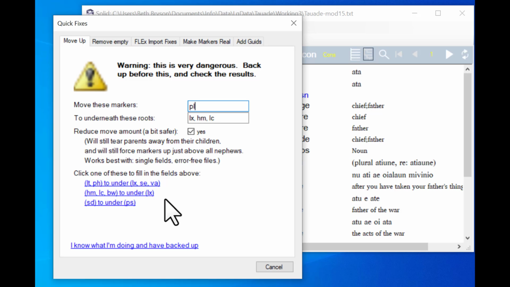Now, in order to run this, what they've given you is this link, and the link says, "I know what I'm doing and have backed up." So the authors of the program wanted to really make sure that you really knew what you're doing and that you really backed it up. They didn't just give you a button that you could just easily click without thinking. You have to actually read this link and consciously think, okay, I have indeed backed up. And I was making copies along the way, so I have. So I will click the button,